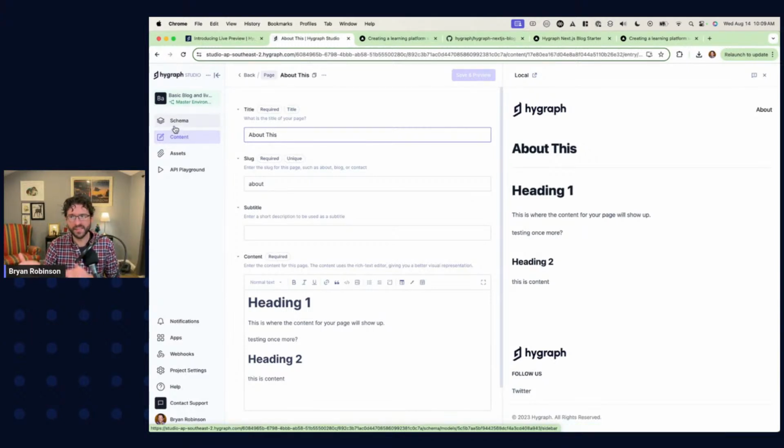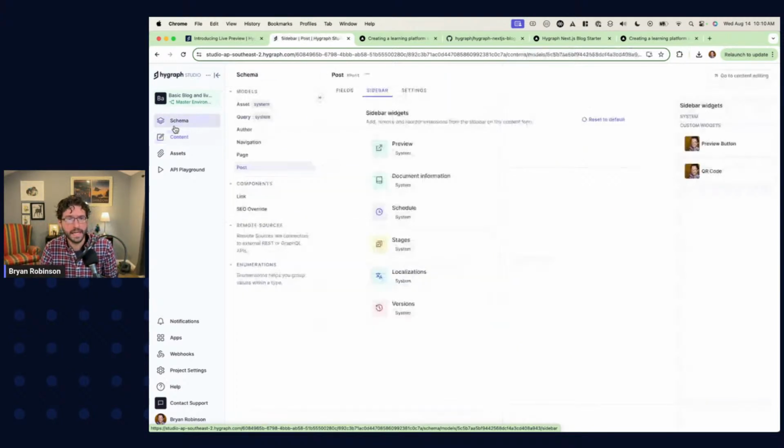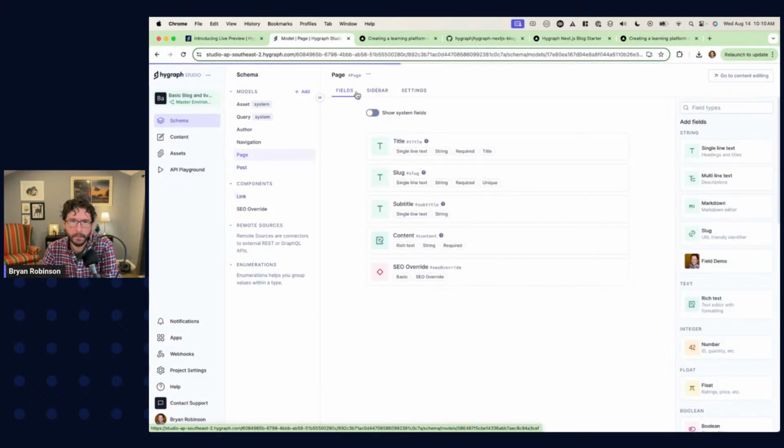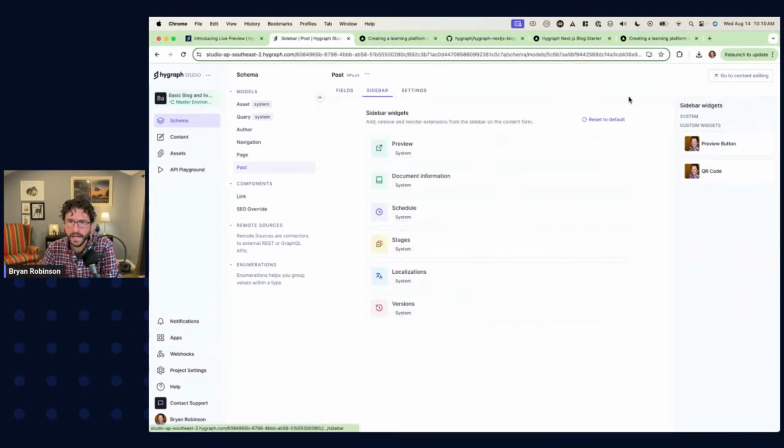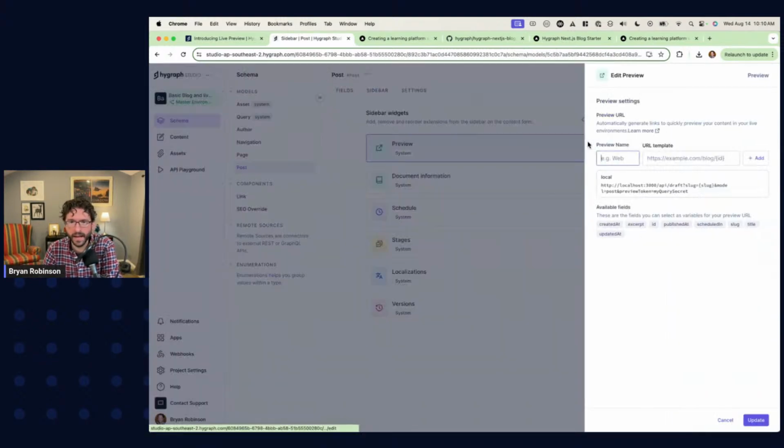But the actual way this is set up, and again, if you're familiar with our old button-based preview, it's going to seem very, very similar. So what you want in your schema is, on any model you want to add preview to, you can see that we have the fields, and I go to the sidebar, and in the sidebar we have this preview field. And the preview field typically would show up over here as a sidebar widget. I've already added it in. We'll cover that in the full demo here in a second. But the way this is actually working, and you can have multiple previews just like you could in the classic version,